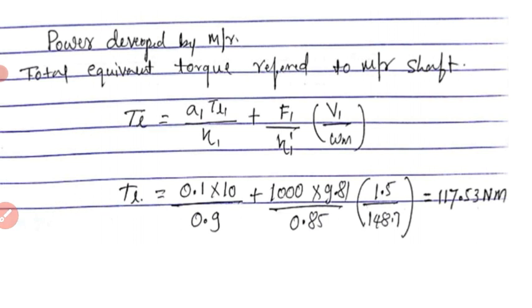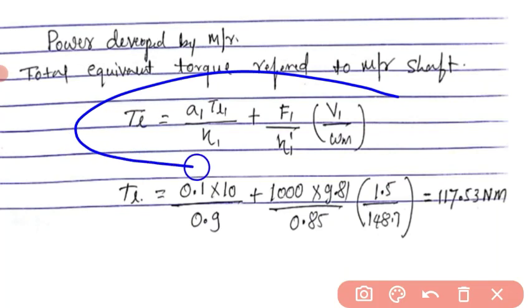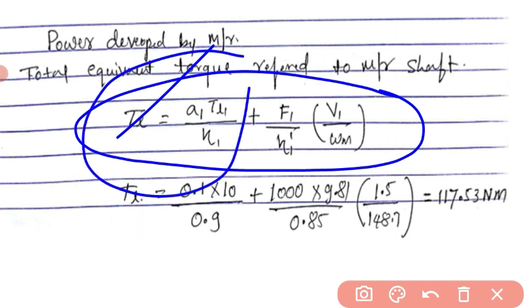These two equations you have to remember, because we derived them in the last class. The derivations for rotational motion and translational motion were done separately. Here the numeric question is combined. This is the difference. The load torque will be obtained from this equation; this part is related to the rotational motion, and this part belongs to the translational motion.